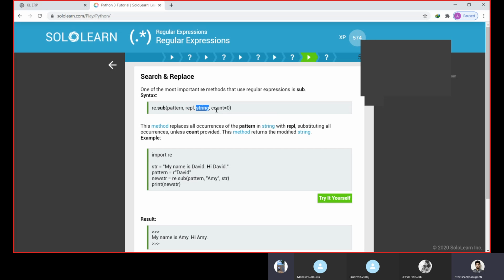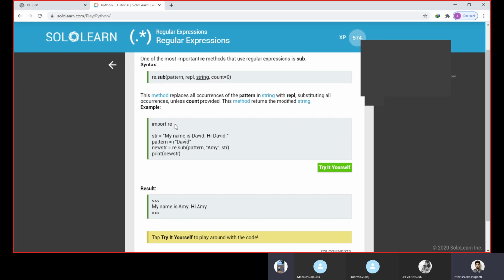This is the string. This is the count, that is how many times we need to replace it, like 1 time or 2 times. If this pattern is present in our string 3 times and we need to replace it 2 times, we just give count 2. So the first two of these patterns will be replaced with this string.